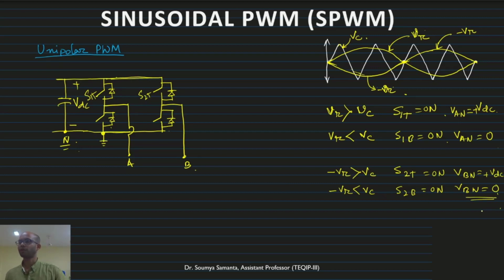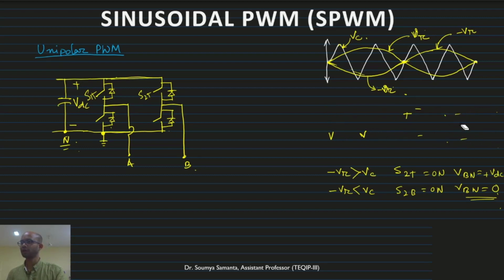This is 0. Now this is the waveform. Now if I find out here what is the voltage, what will happen? Whenever this is greater than 0, VAN we can find out, VBN we can find out. Whenever this is greater than 0, then we will get this one. You have just seen this condition. Now just erasing, and in this place I am going to draw the VN, VAN and VBN, which will be helpful for me.